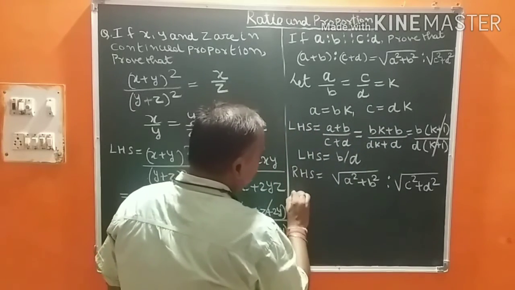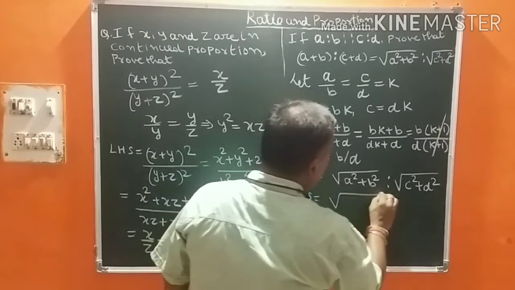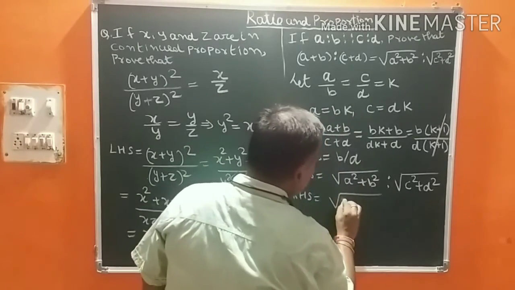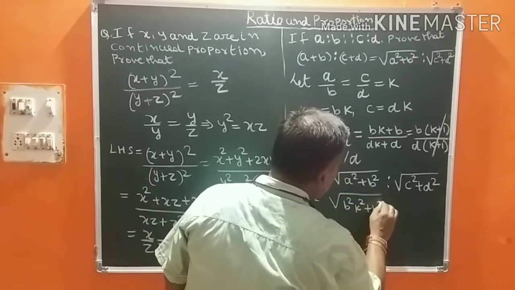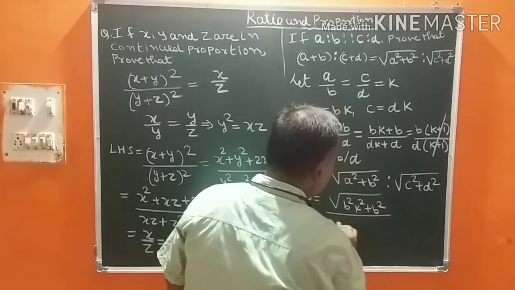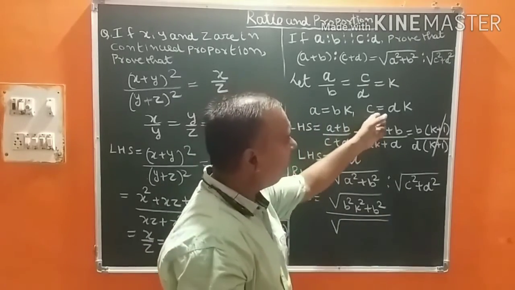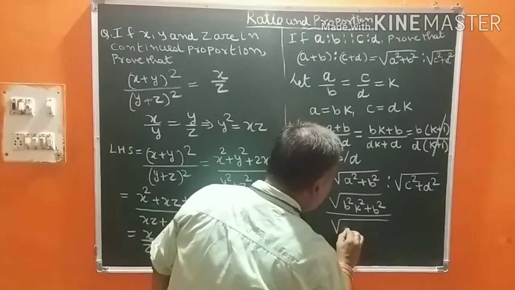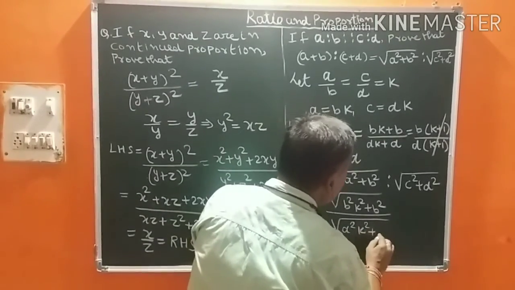So can I write right hand side equal to, now under root a equal to bk, so can we write b square k square plus d square divided under root c square plus d square. In place of c can I put dk? So it will be d square k square plus